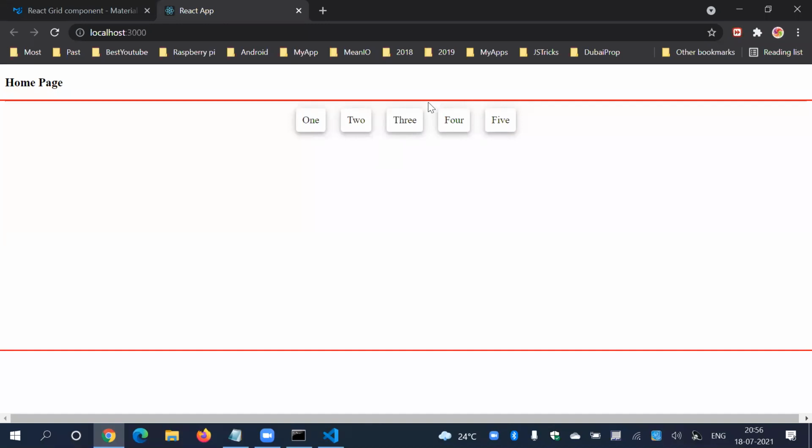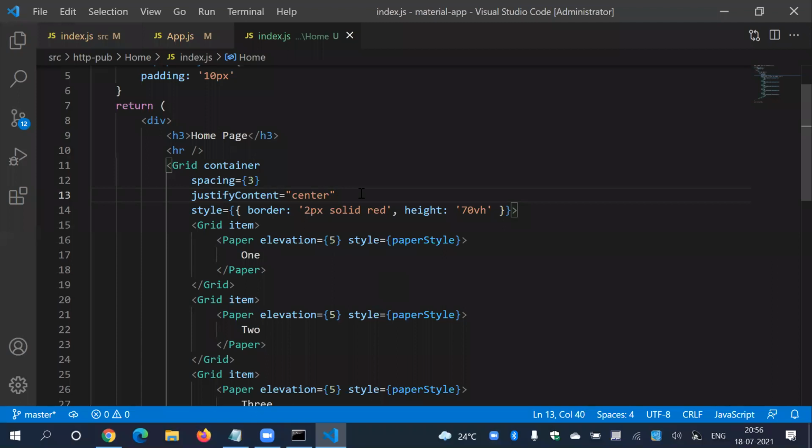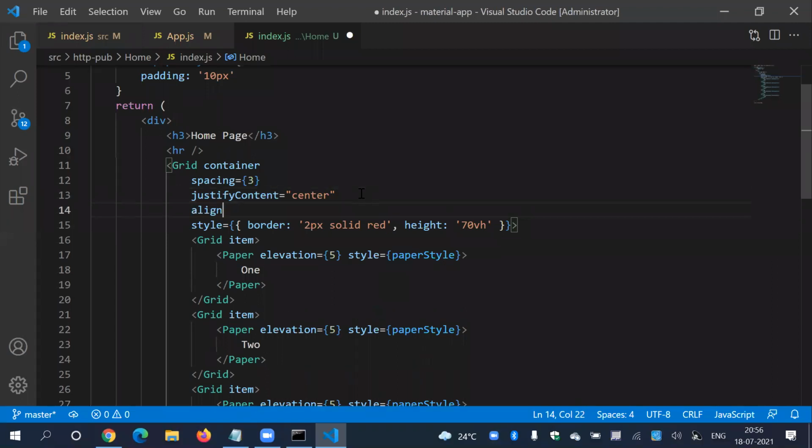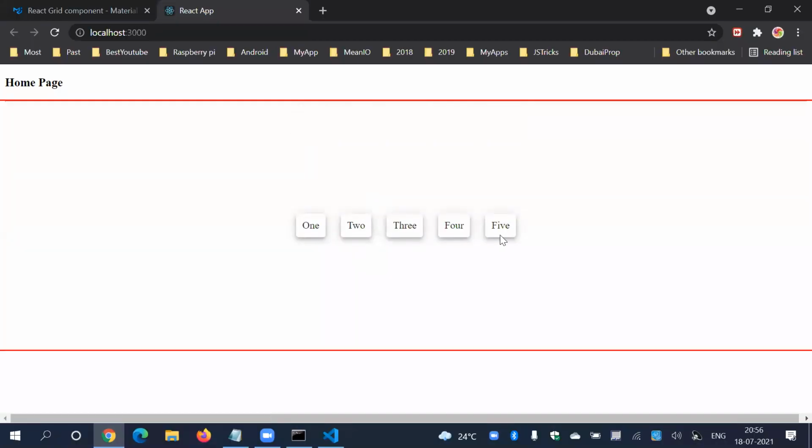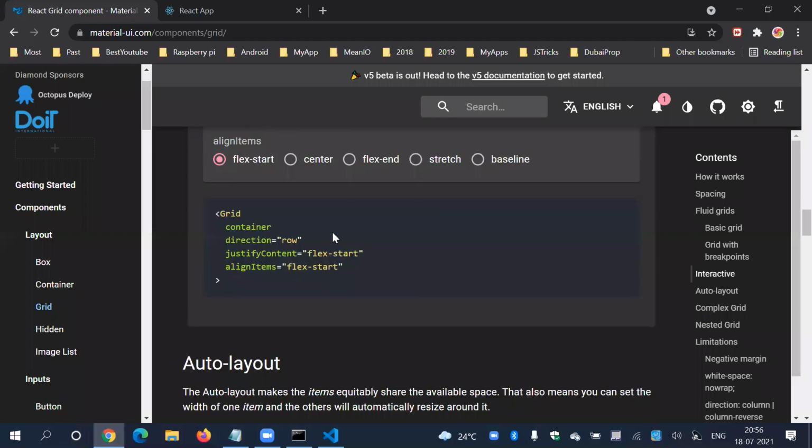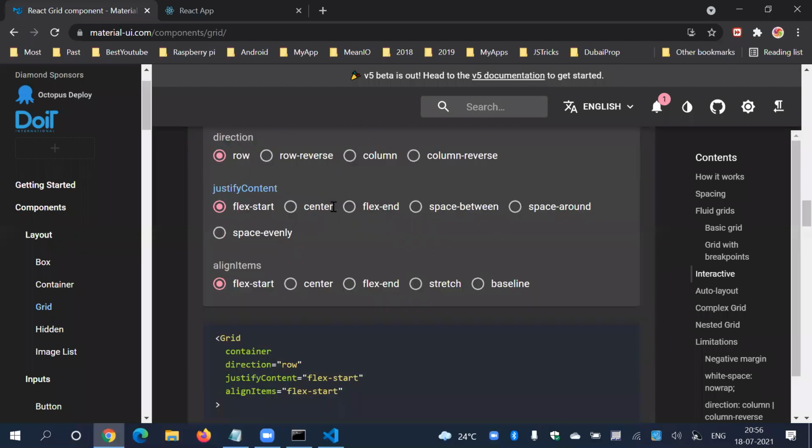So I want to keep them vertically centered also. So what I'm going to do, I will say here align items, and if you take this much time, I'm going to complete everything. So they are vertically centered here. This is very simple, guys. Flexbox, just go through it, and that's it. I think you got my point.